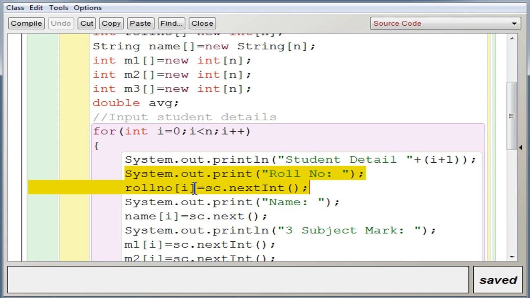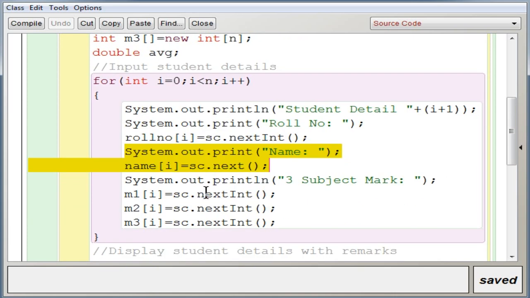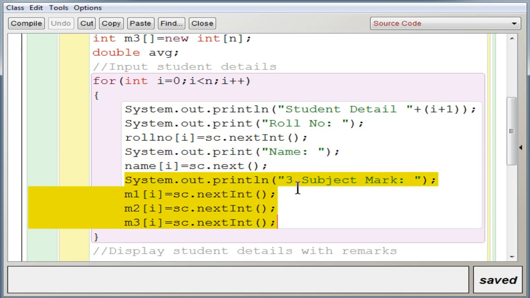The roll number will be stored in rollno of i equal to sc.nextInt, which will store the integer value. The next statement is to store the name, and they have taken 3 subject marks at a stretch. That means you can either enter 3 marks by pressing enter, or at a stretch you can write the 3 marks with space in between, so that your screen will not be full.